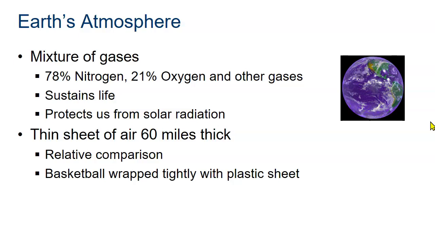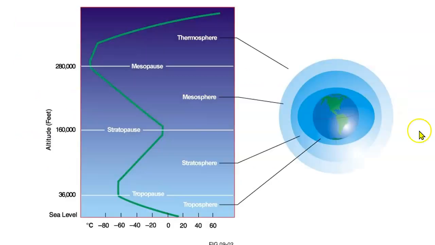The atmosphere is 60 miles thick. If you were to compare the Earth to a baseball, the thickness of the atmosphere would be like a saran wrap wrapped around a baseball. So close to the sea level, we have the troposphere and then the tropopause. The stratosphere, which is this zone here between these two lines, and the stratopause, which is this line. It's a level. What's happening at the tropopause and the stratopause and the mesopause is this zone is ending and